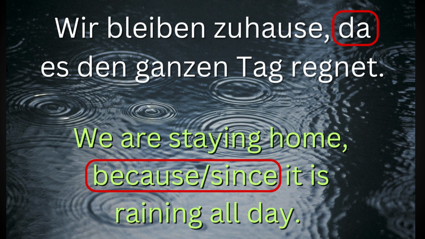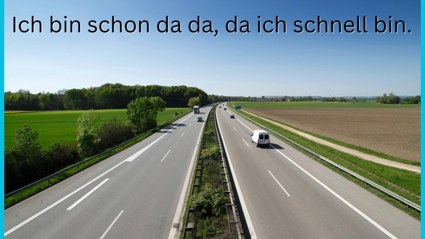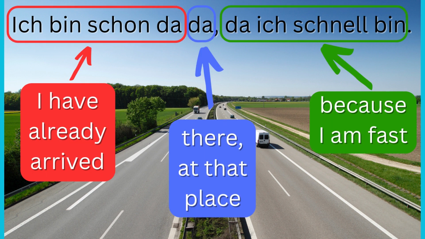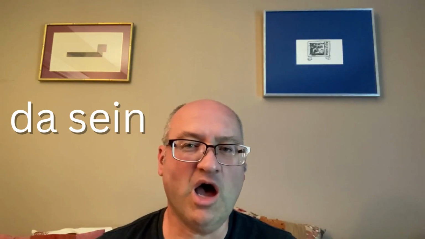And just for fun, let's look at a sentence that has several "das" in it, used for different purposes. "Ich bin schon da, da ich schnell bin." That means as much as I have already arrived there at that place because I'm fast. Because "da" is very commonly used with the verb "sein," to be. In fact, a very important